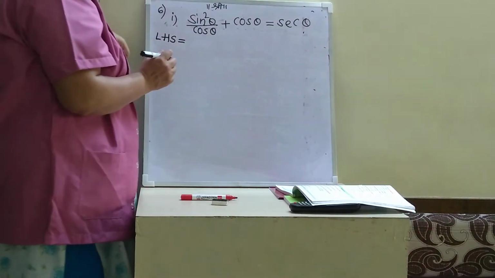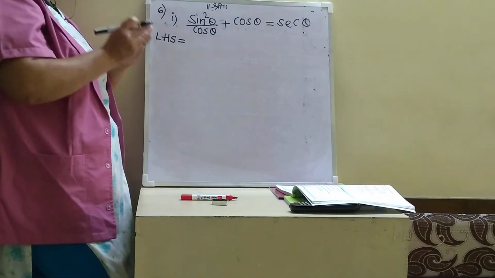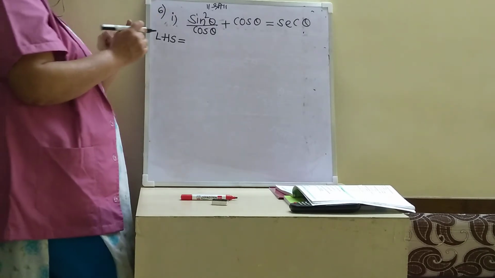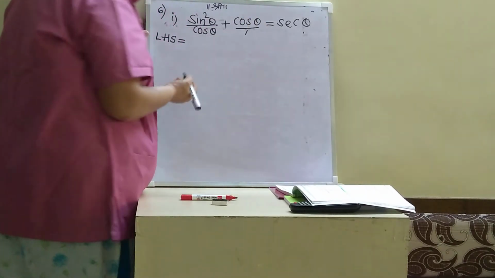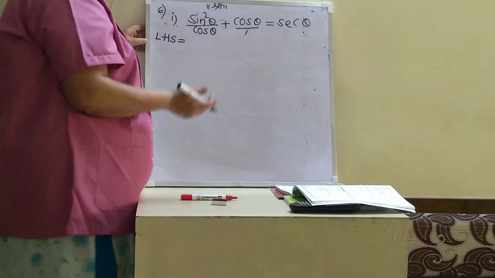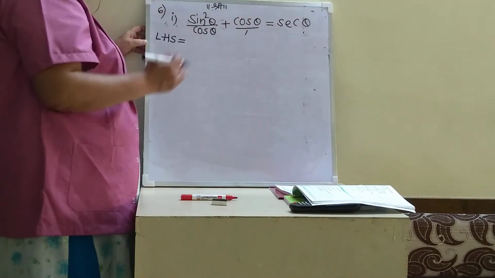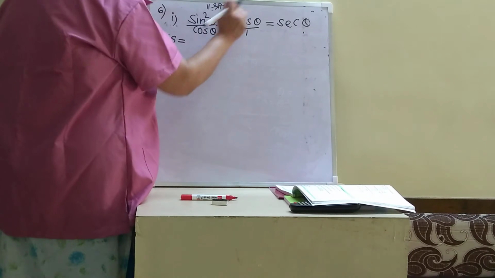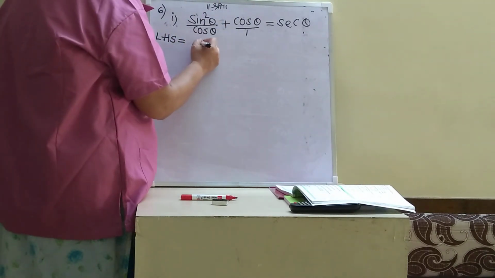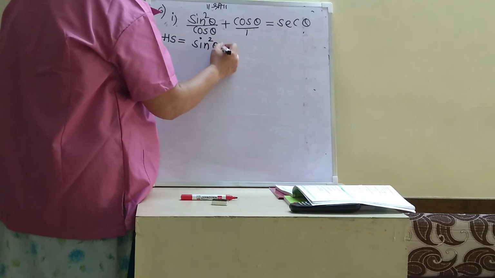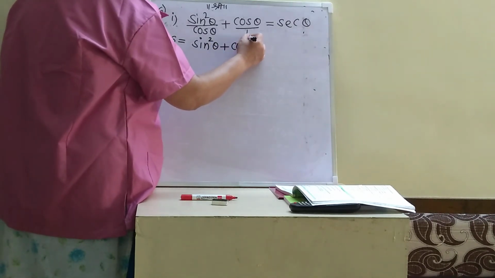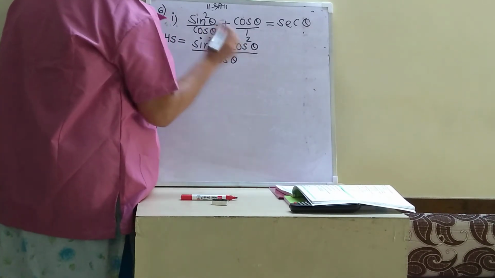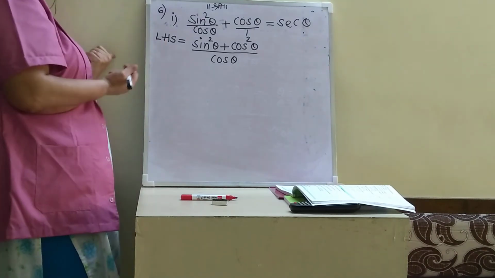To solve means what? जैसे हम नंबर्स का करते हैं कि डिनोमिनेटर में नंबर होगा तो क्रॉस मल्टीप्लिकेशन करना पड़ता है, कभी कभी सिंप्लीफाई करना पड़ता है. The same way you are going to do here. This you can consider as numbers. These are not different things. These are the ratio, of course, trigonometrical ratio, but operations are not so different. So what is that? Here a number is not there. It is just 1. So what we do? We do the cross multiplication. First term is going to remain as it is, sin square theta plus cos square theta. Now the denominator is going to remain cos theta as it is. Any problem? No problem at all, because this is a simple sum.